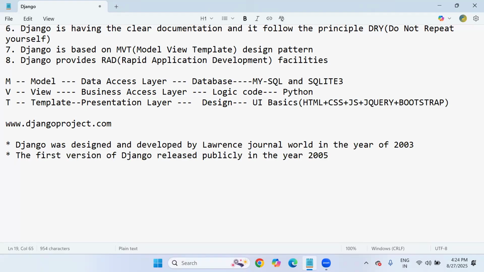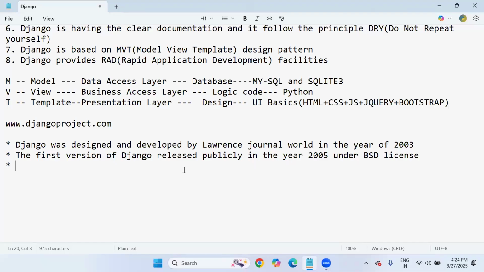From 2005, we are using Django under the BSD license. BSD means Berkeley Source Distribution license. Under that license, it was publicly released in 2005. So who created Django? You know about the Python creator, right? The Python creator is Guido van Rossum. Later, they formed a team of 5 members that we call PSF, Python Software Foundation, right?